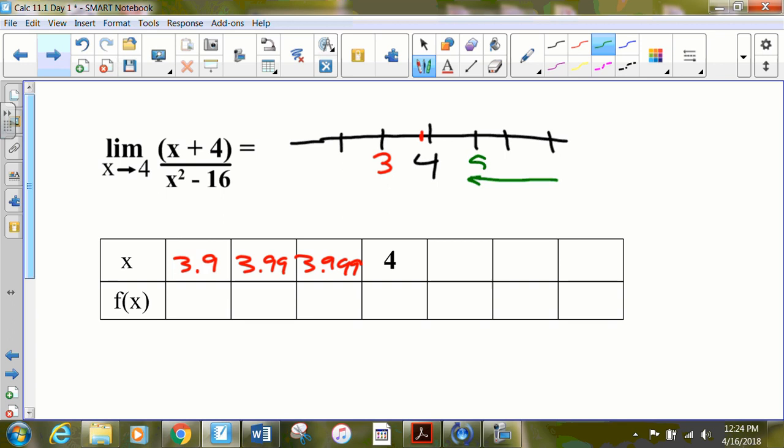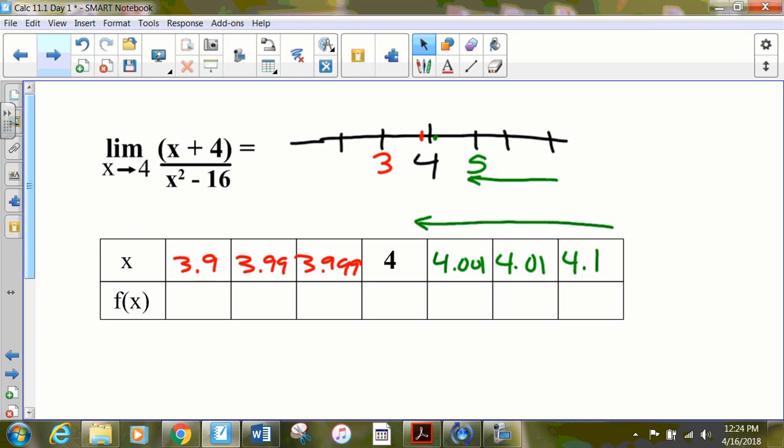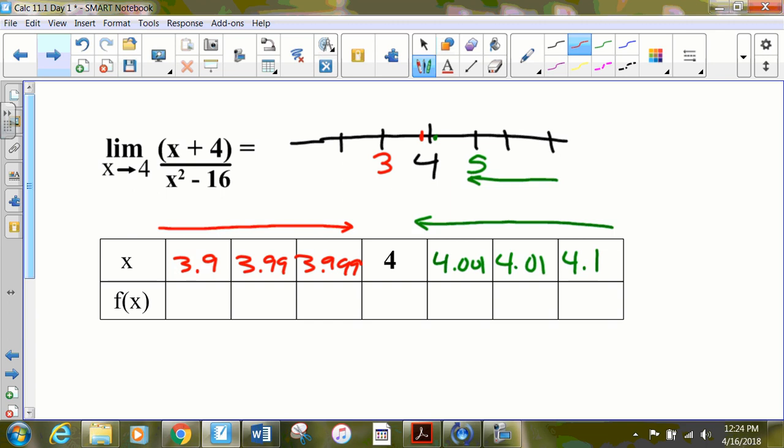Okay, so then let's approach 4 from the right. Coming from the right, 5 is pretty close, right? No, you want to get closer? Okay, how about 4.1? That's pretty darn close to 4 from the right. Okay, let's go closer: 4.01 and 4.001. So you can see as we're moving towards 4 from the right, x is getting closer and closer to 4. And as x is moving towards 4 from the left, we're also getting closer and closer. So you want to pick up your calculator and start plugging these in. I know it's time consuming, but this is the way we find the limit of a function